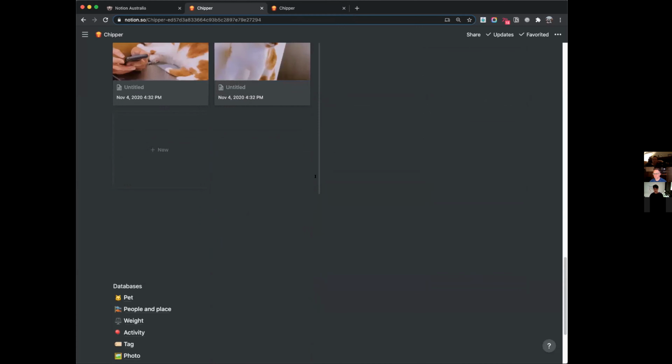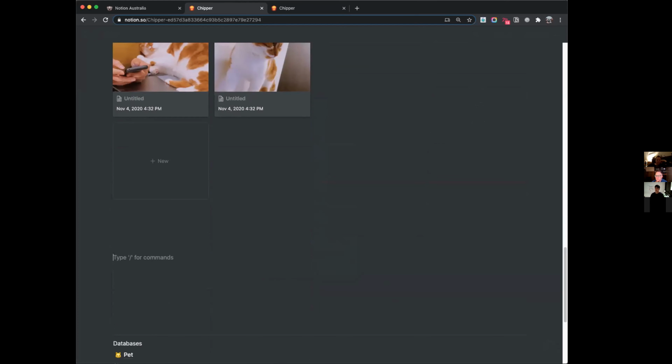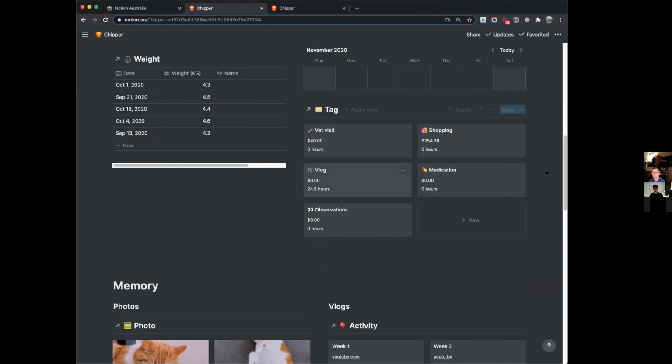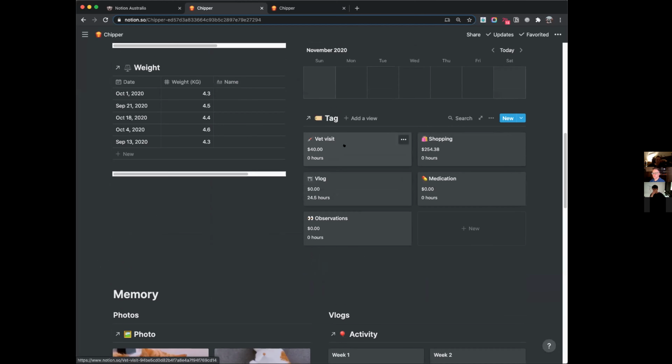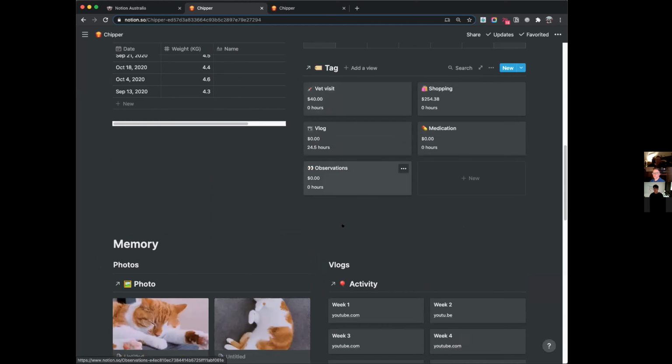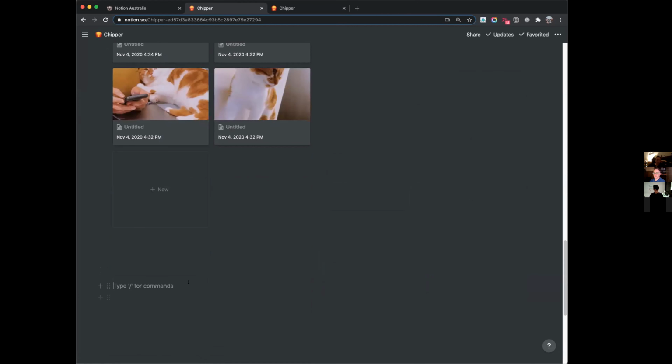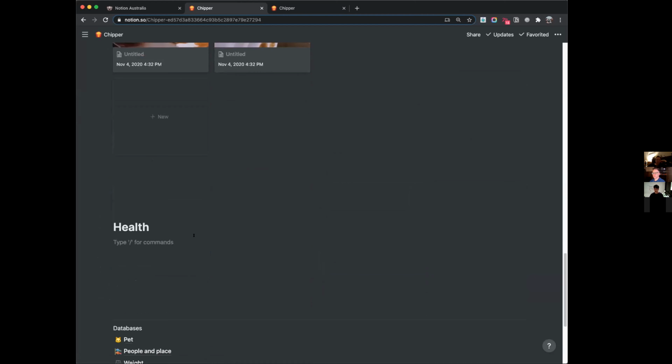Small. Okay. And the last 2 bits, one is it'll be handy if you have a full medical history of your pet. And again, we've kind of tracked that in vet visits or medication and stuff like that, and observations. So it's a similar structure to here. What I want is just health-related stuff. And the 2 things we care about are vet visits. And the second thing is observations. And you can add observations anytime, whenever I find them. And this is a good place to put them.